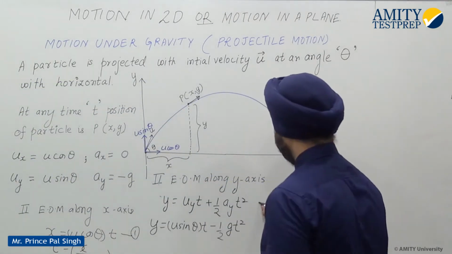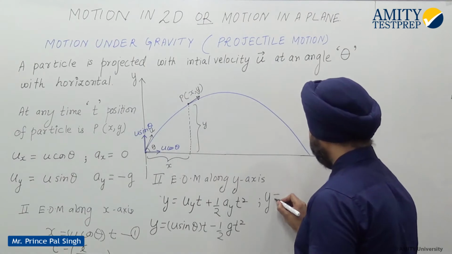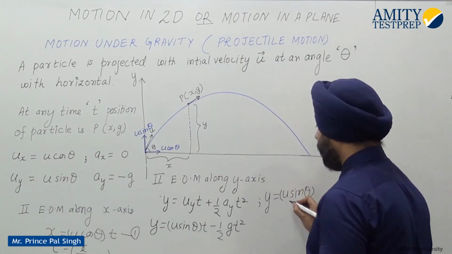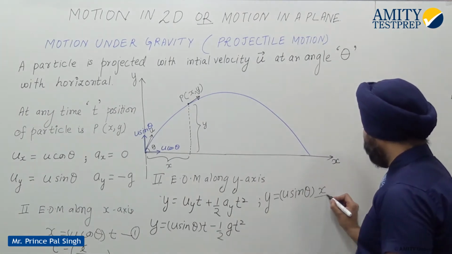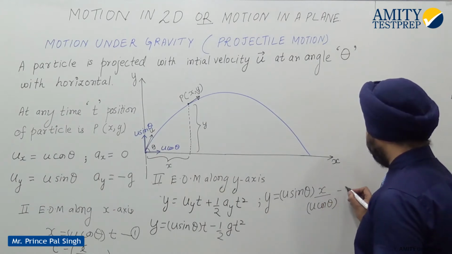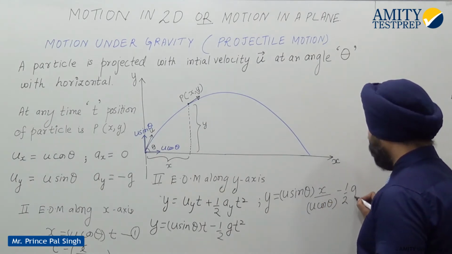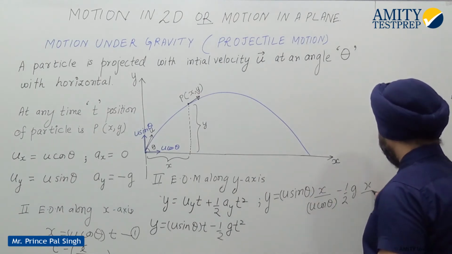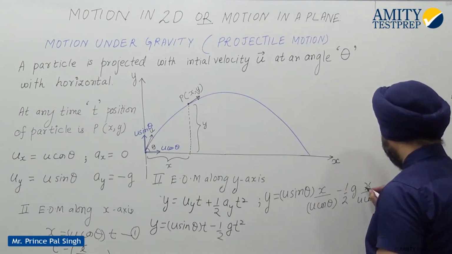So we will get y equals u sin theta multiplied by x upon u cos theta, minus half g, and x upon u cos theta whole square,